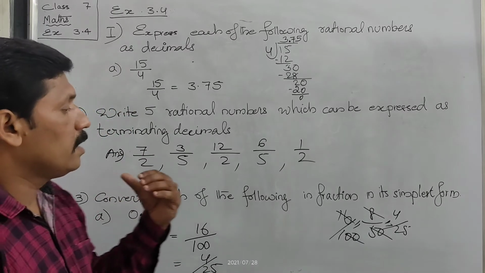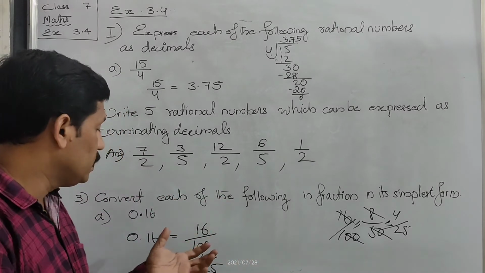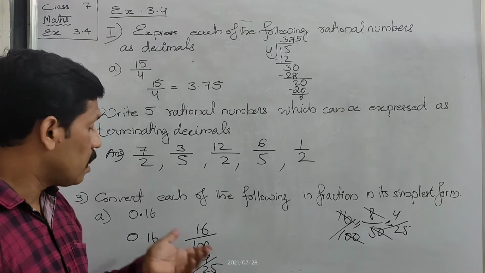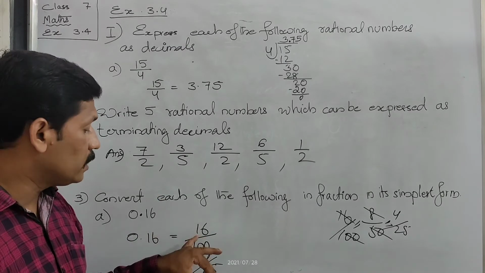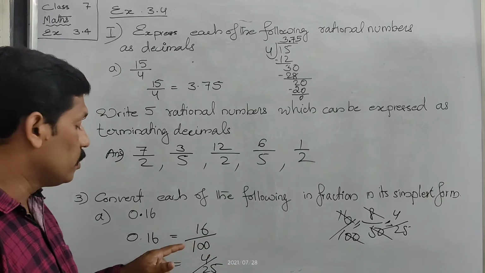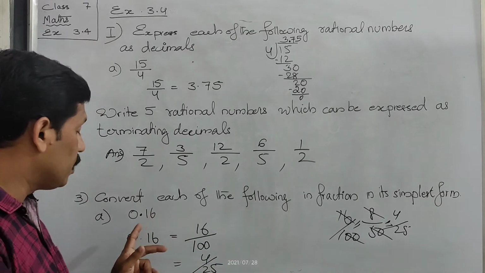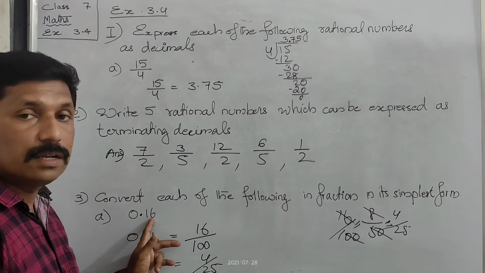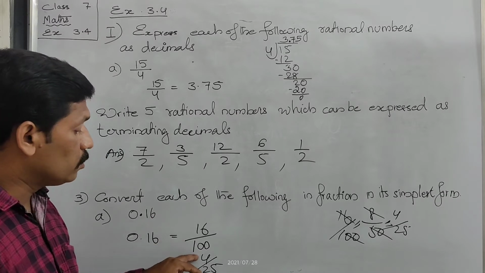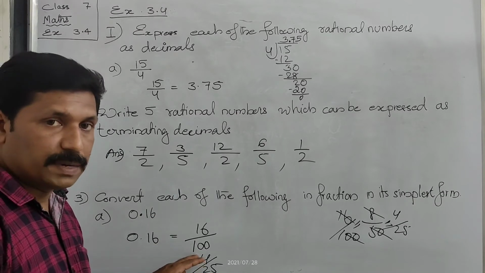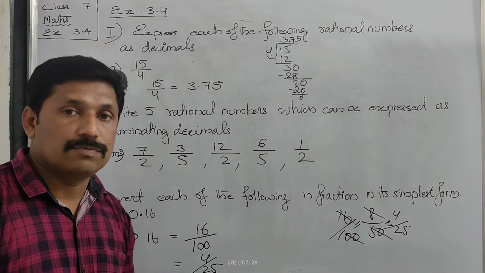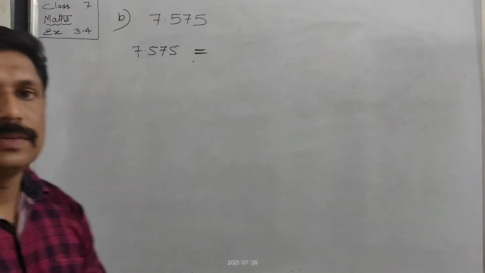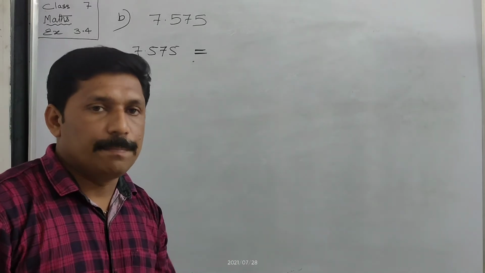Okay, so I think you understood how to change a decimal into a fraction. How to change the decimal into a fraction? Ignore the decimal point and write the number in the numerator, and then in the denominator, after writing 1, we count the number of decimal places in the number, and then according to that we place the respective number of zeros, and then we can cut and reduce into smallest form. Okay. Now we solve question number B.